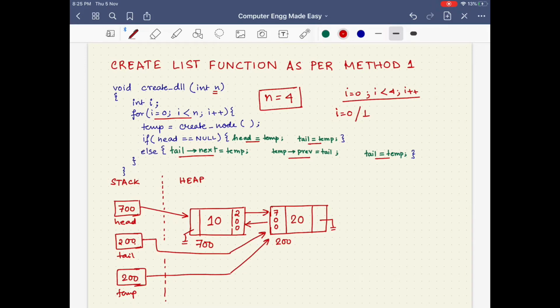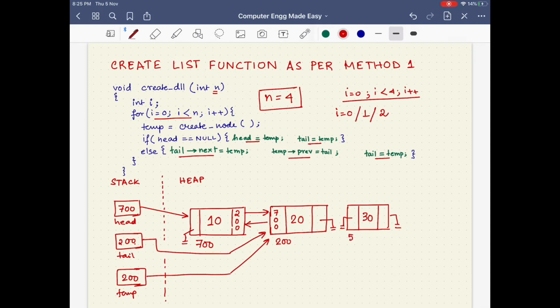After this, again we come to the end of the for loop, and again we go for incrementing the value of i. i now becomes 2 and 2 is still less than 4. So again we execute the statement temp equal to create node. When we do that, a third memory chunk is assigned in the memory, which is holding null in the previous and the next part, and 30 gets stored in it.